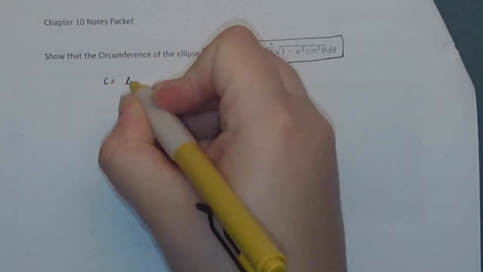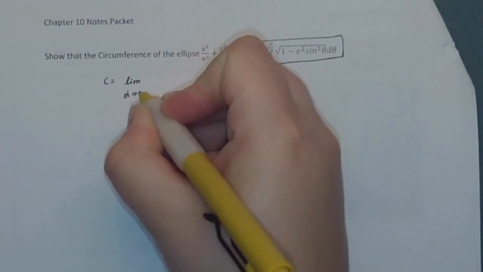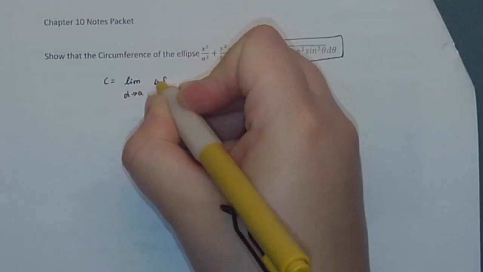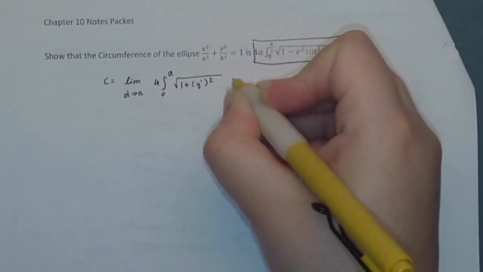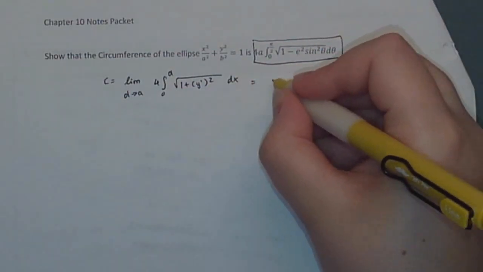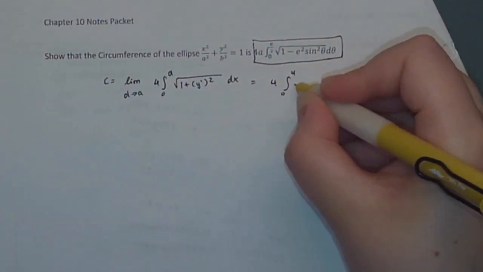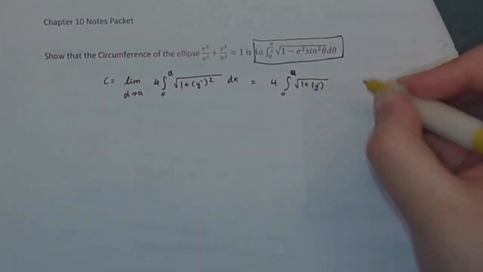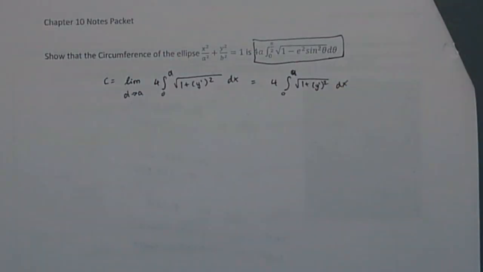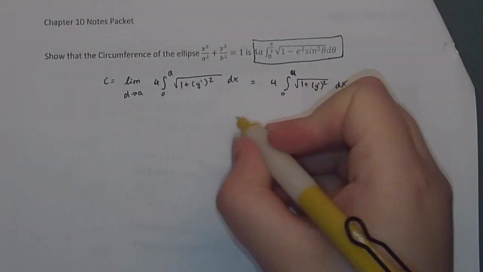So if we have an ellipse, let's call that ellipse, the circumference is the limit as d approaches a of 4 times the integral from 0 to d of the square root of 1 plus y prime squared dx, or 4 times the integral from 0 to a of the square root of 1 plus y prime squared dx, which in this case